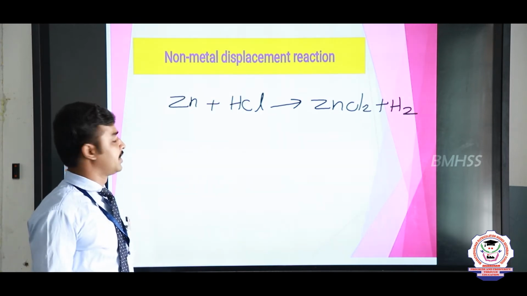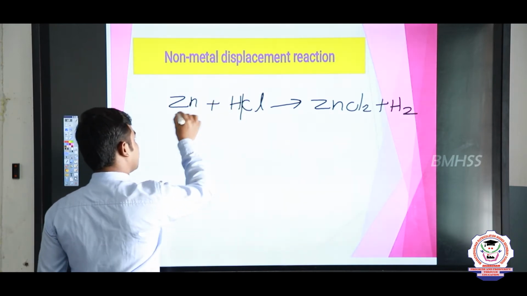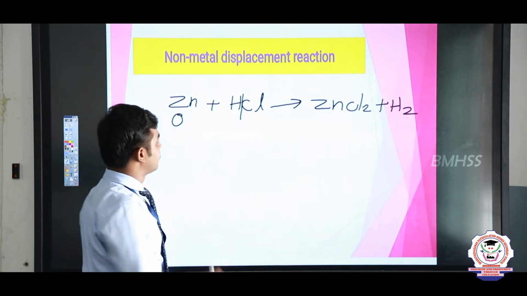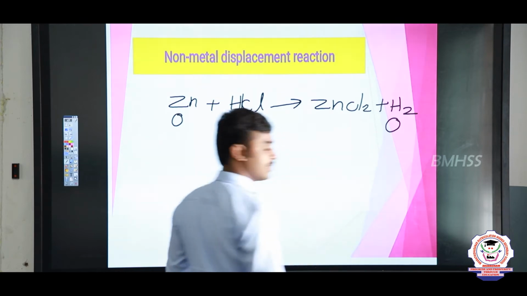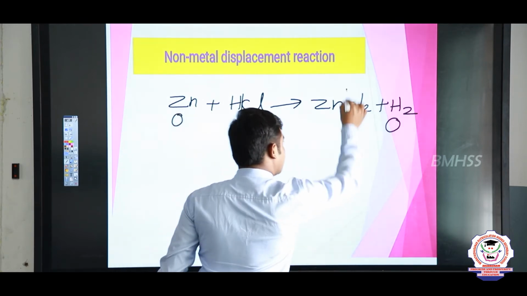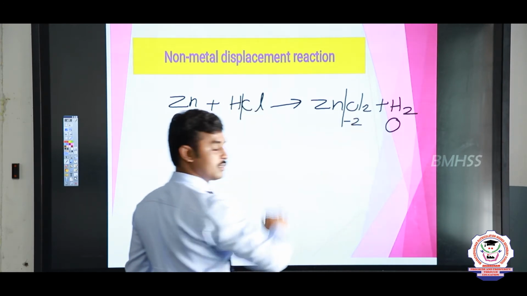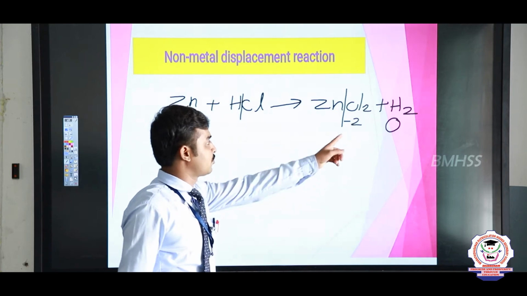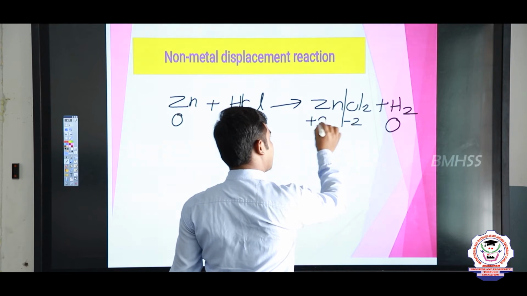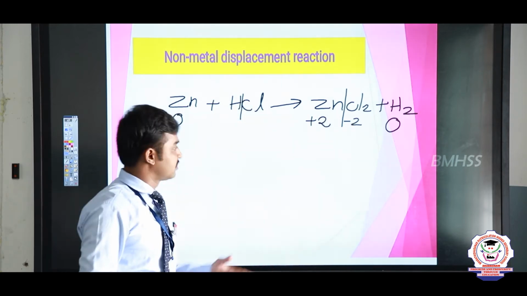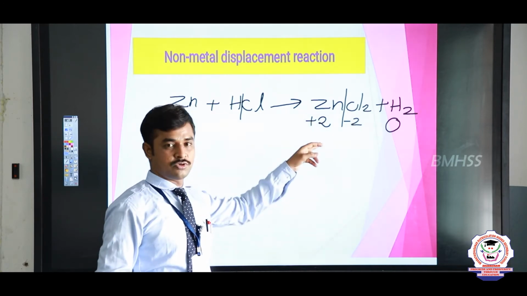In this reaction, we can find the oxidation state of the elements. Let us see, when zinc is single, the oxidation state is 0, and hydrogen can have oxidation state 0 because it is being alone. In the product, zinc has minus 2 charges from 2 chlorines because 1 chlorine has minus 1. So, 2 chlorines have minus 2 charge. So, on the other side zinc can have an equal number but opposite sign. So, equal number 2 with opposite sign is plus. So, plus 2 is the zinc oxidation state.